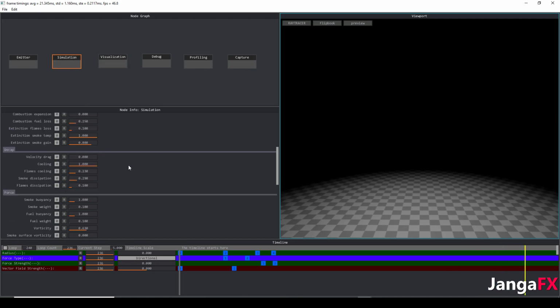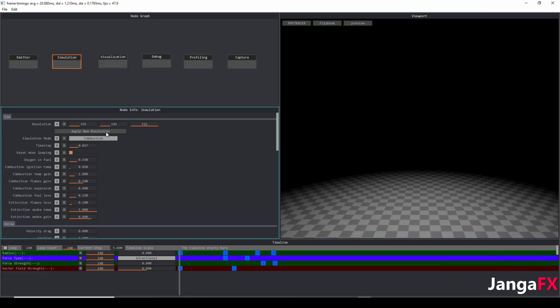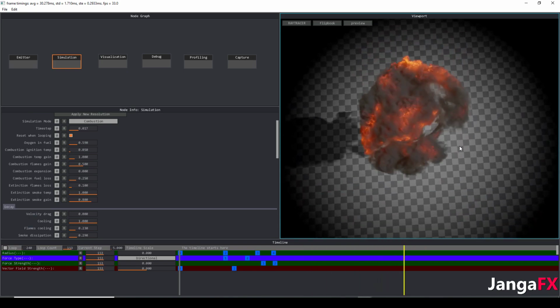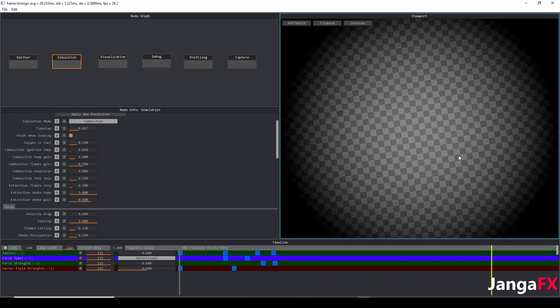Okay, so anyway, we'll ride with this right here. What we can do is go back up and increase our resolution, and then we shouldn't hit the top of it as easily. And so now we can see that we've got